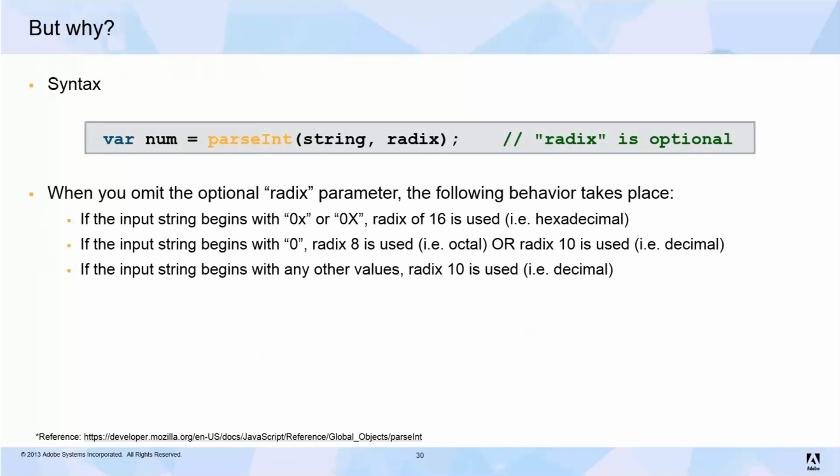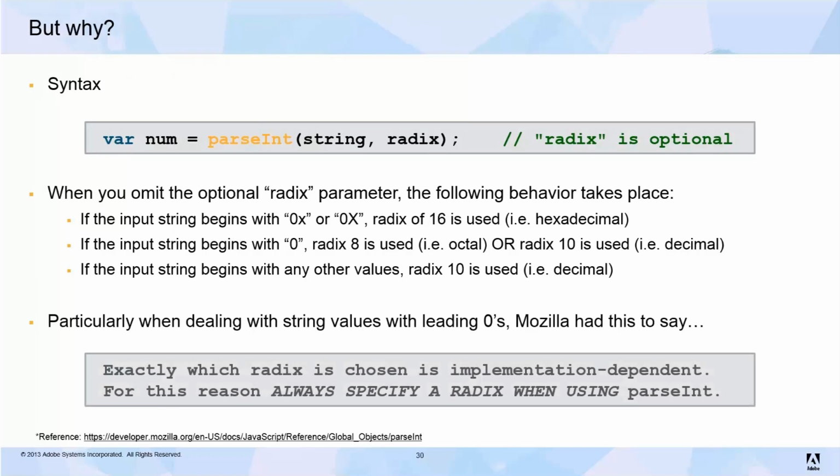So obviously the key point is the middle one. If it's a leading 0, it's either treated as octal or decimal. So again, from the MDN, Mozilla had this to say. Exactly which radix is chosen is implementation dependent. For this reason, always specify a radix when using parseInt. So it's interesting they say that, but then they explicitly mention that radix is optional in their API. So anyways,